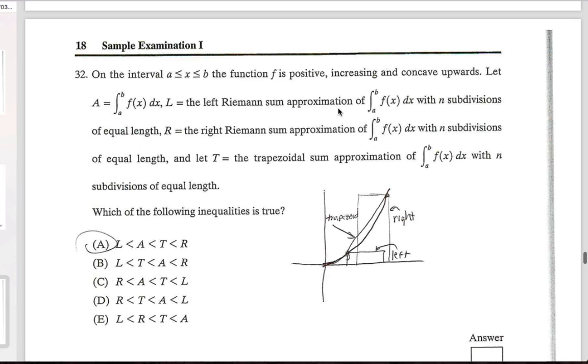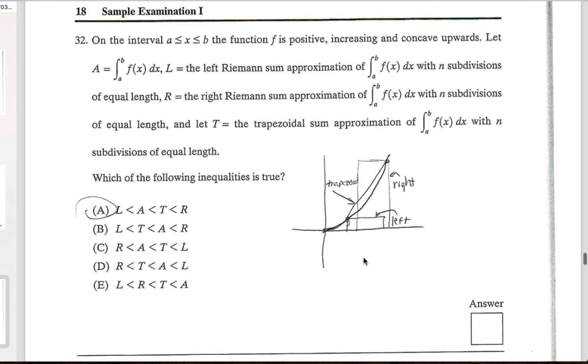On this next problem, it says that f is positive, increasing, and concave upwards. So draw the picture, and then they want to know, is the left bigger, is the right bigger, is the trapezoid bigger, or is the actual bigger? So obviously the curve is our actual, right? And then the left would obviously be a major under approximation. The right, just draw one rectangle in. The right would be a major over approximation, right? And then the trapezoid is still an over approximation. So we know that it's left, actual, trapezoid, then the right. And again, all I did was draw the picture out. It was increasing and concave upward, and then I just drew one rectangle of each type, and I was able to figure out my answer.